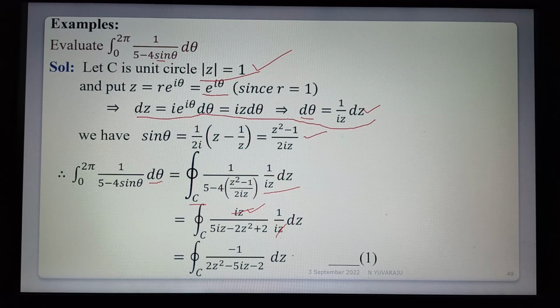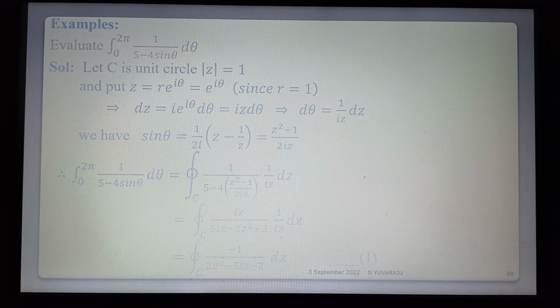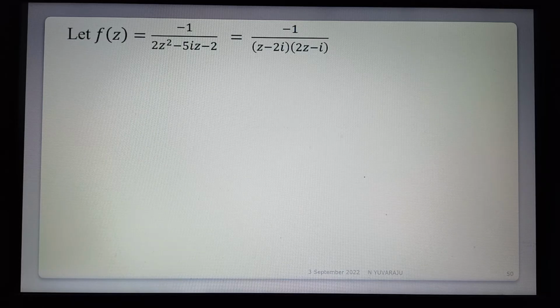So keep this in mind: here the function is integration over C of f of z into dz. Now finding this value by using the previous theorem, Cauchy's residue theorem, we can use the best method. I will continue. Yeah, f of z is equal to, assuming the function, minus 1 by 2z square minus 5iz minus 2